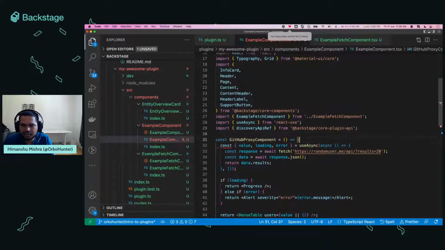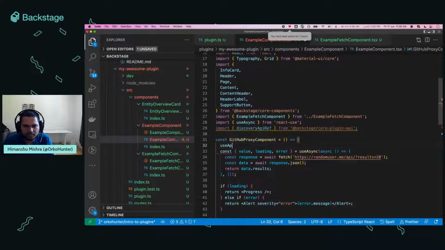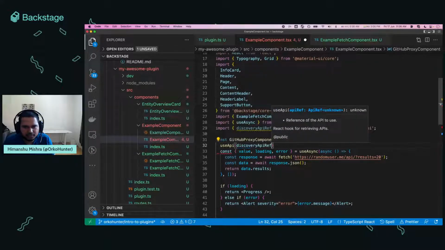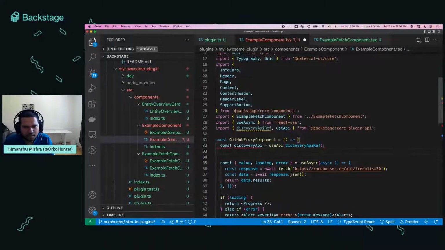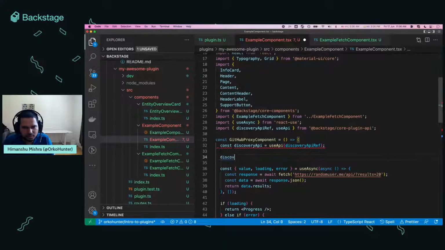And then you can do use API from core plugin API, and then use API with the API ref. Then you can do discovery API dot